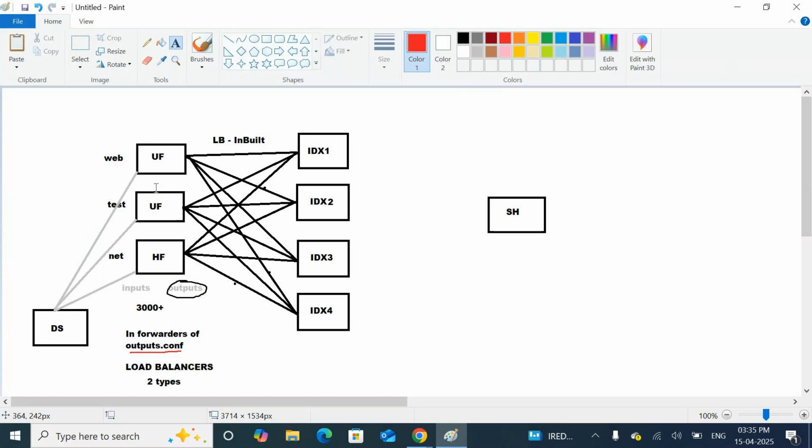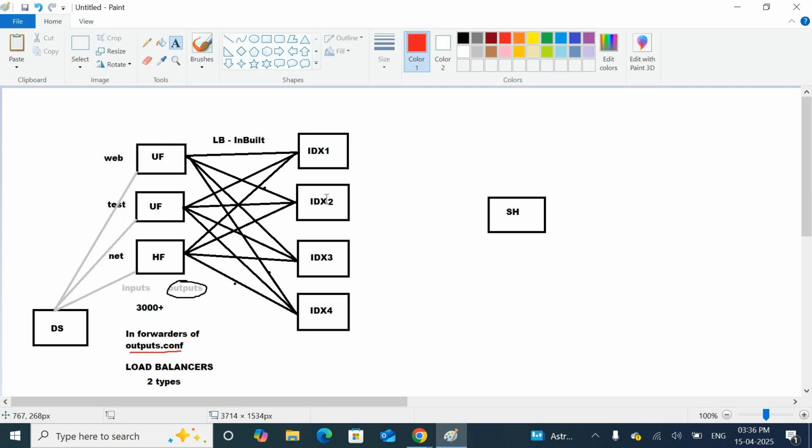Very good. But my question is, the next 10 minutes is going to store the data in indexer 2. For example, indexer 2 is storing for the next 10 minutes. But unfortunately, after 5 minutes the indexer 2 got failed. What will happen? Forwarder is still waiting for the indexer 2. Why? Because it has not completed the 10 minutes time.